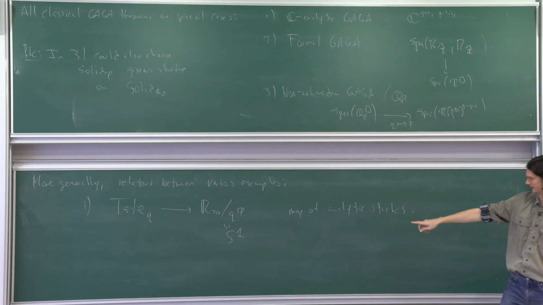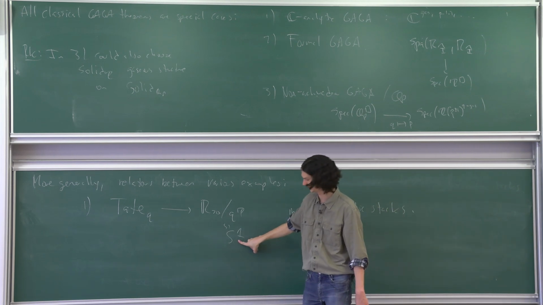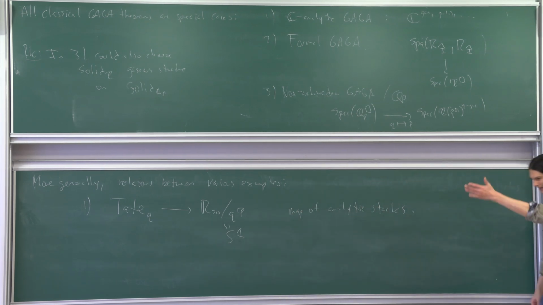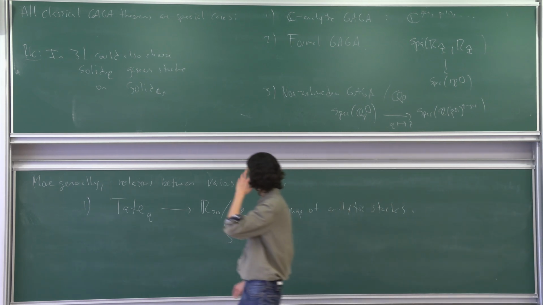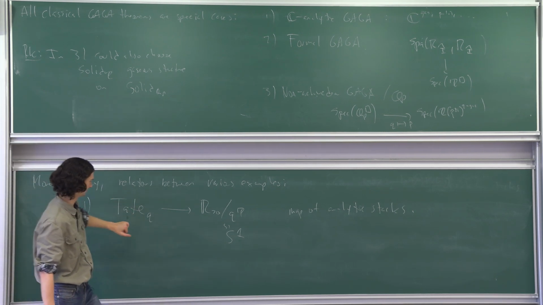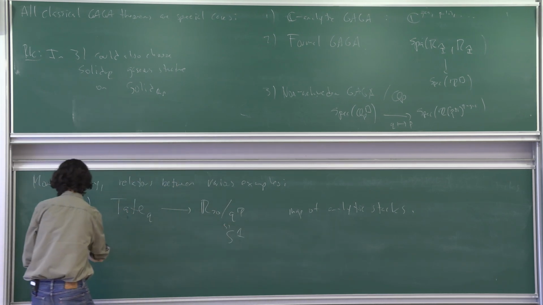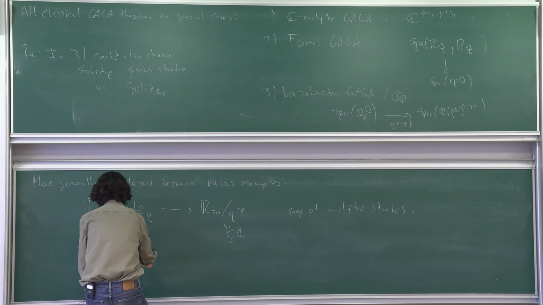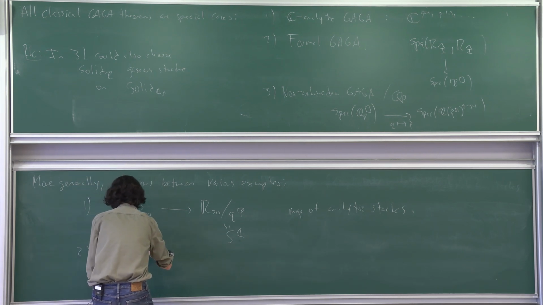I already explained how such a thing is an algebraic stack, and algebraic stacks will embed into analytic stacks even over the initial analytic ring. And then we have the Tate curve, and so this kind of analytic space should map to that kind of analytic space. But also if X is a complex analytic space,